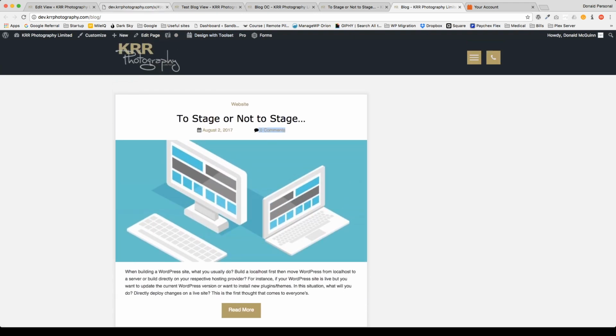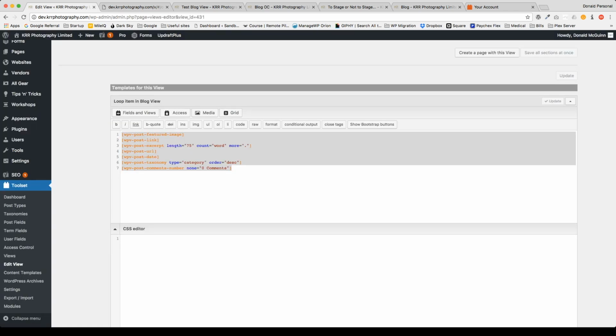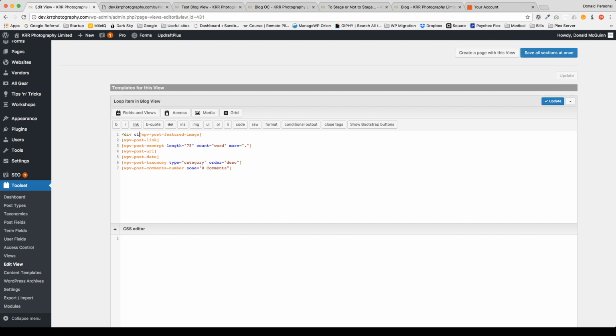Now what I like to do is basically do everything in HTML. I know this isn't great for some of you all, but there is another way around it, and I'll show you real quick how to make it much more simple once I show you the HTML version. So what I'm going to do is begin styling it